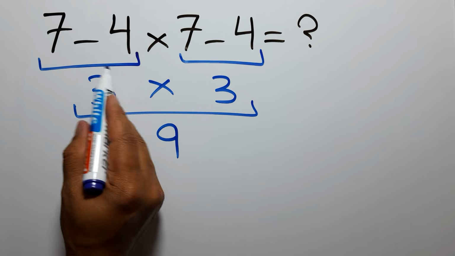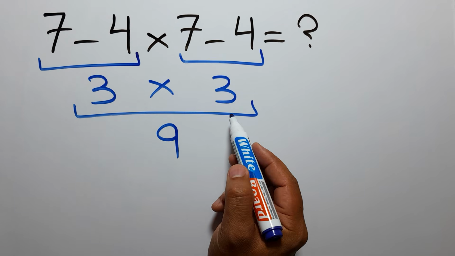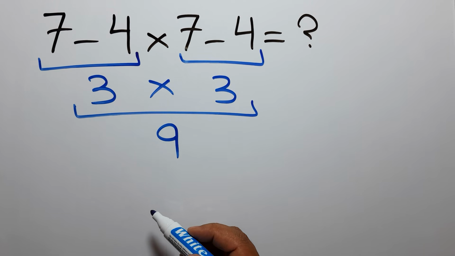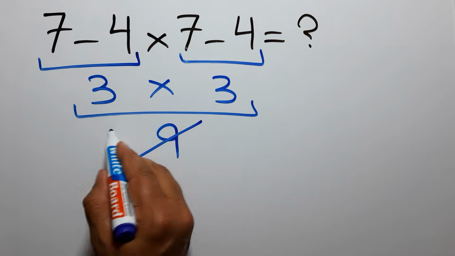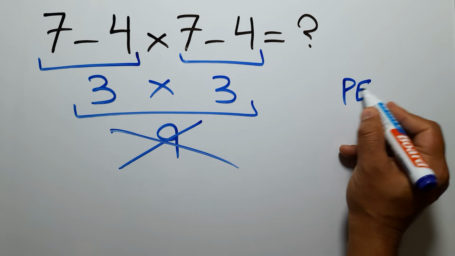7 minus 4 gives us 3. And again here we have 7 minus 4. So we have 3 times 3, which equals 9. But this answer is not correct, because according to the order of operations, which is PEMDAS,